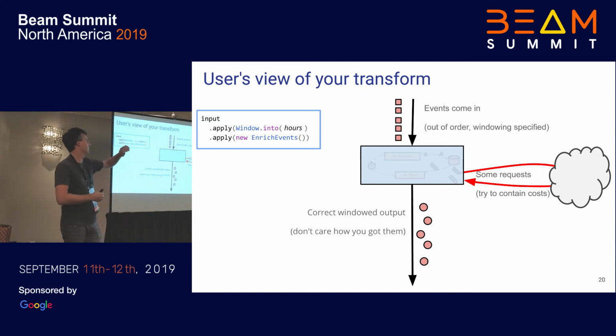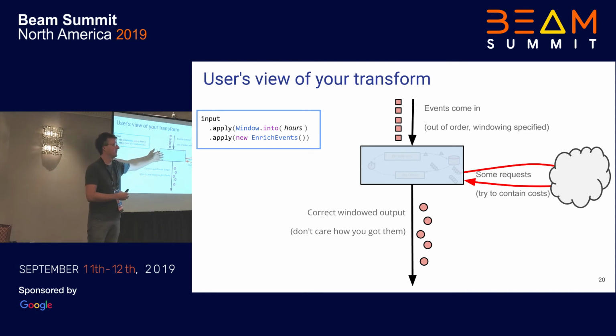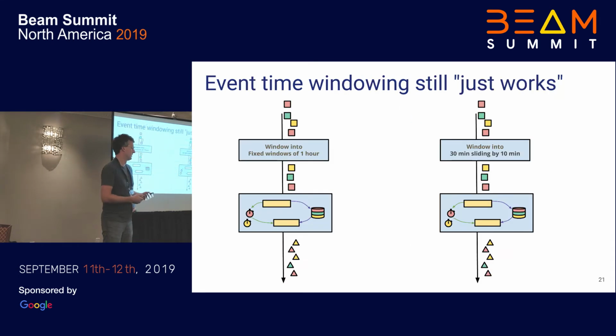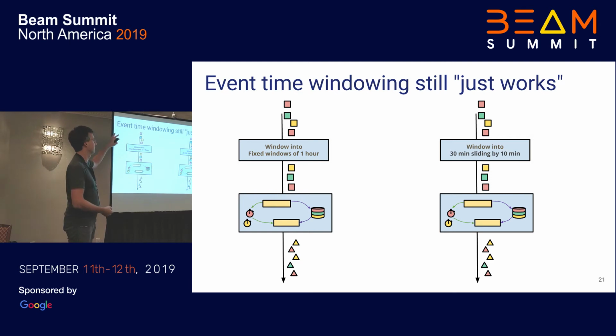Somebody's going to window in hours and then call your function, right? And is that going to work the way they expect? In particular, they would expect it to respect whatever windowing they choose. They still get enriched events, and they don't care about the fact that you're using this mechanism. So what does it take to make this just work? Well,